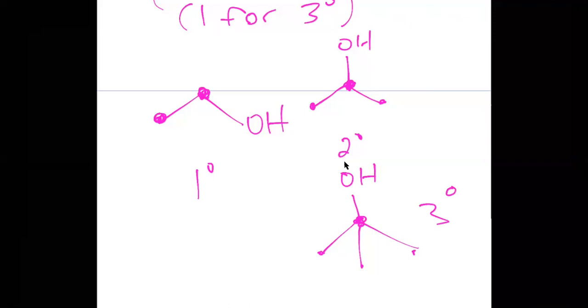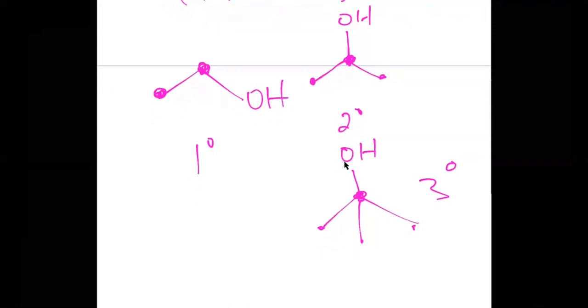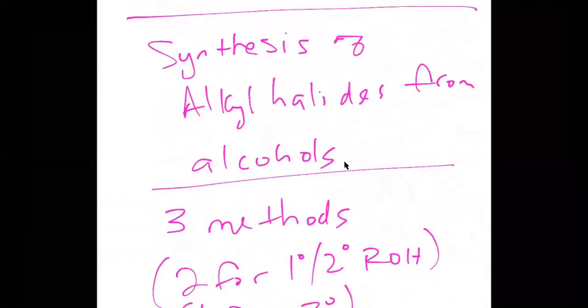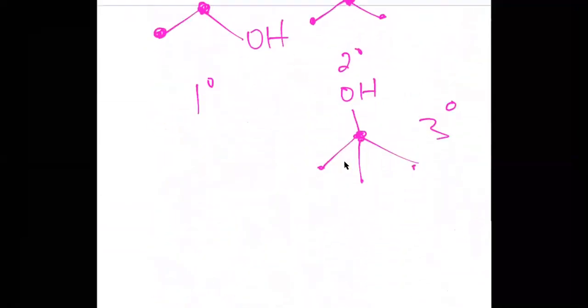So let me talk about this real quick. When converting alcohols into alkyl halides, one of the things about the conversion, this is a key for this reaction, is that you must, not have to, let me say must,